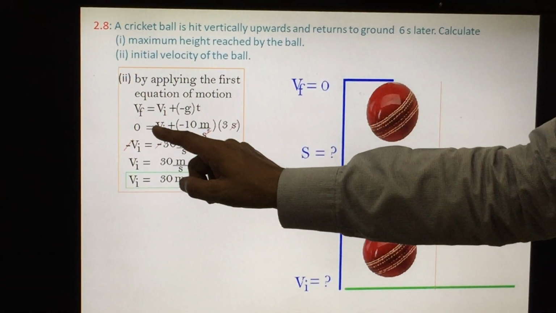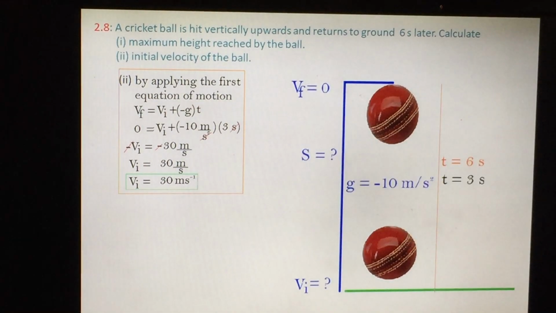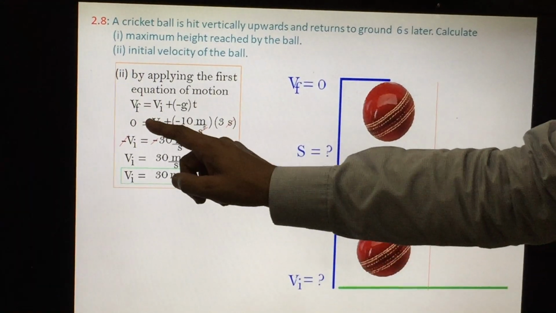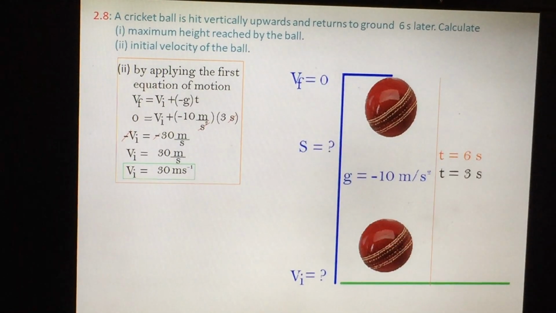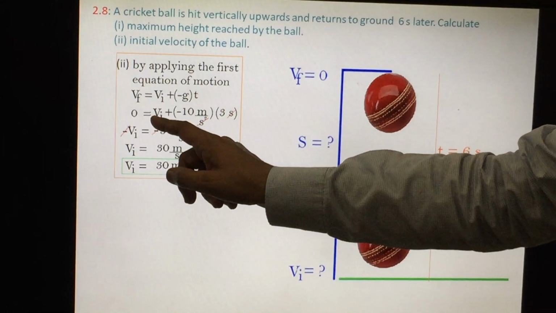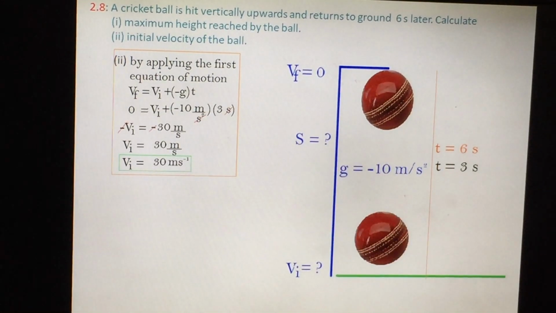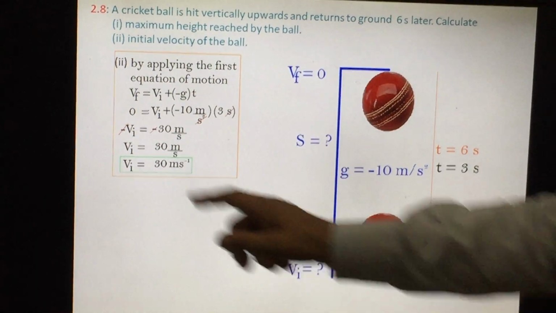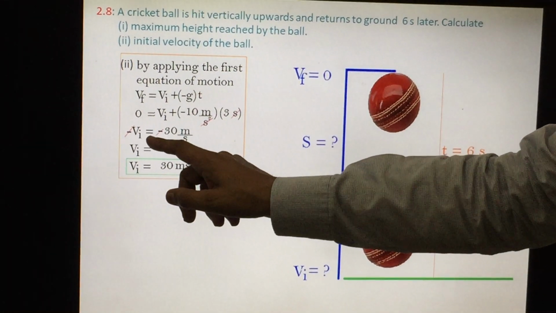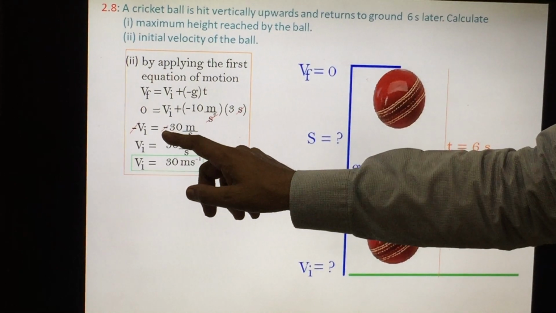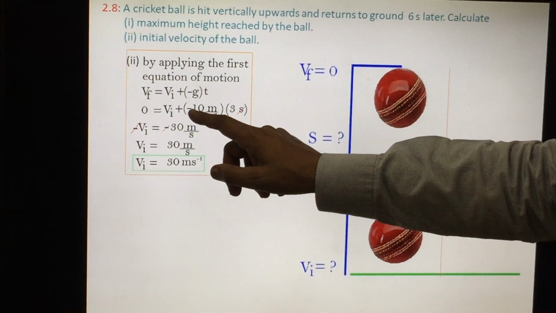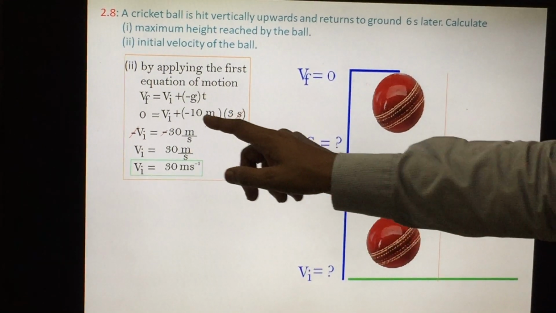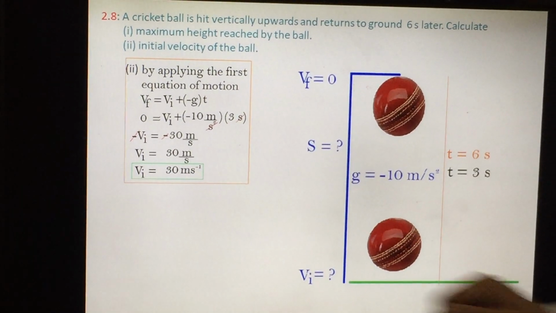This Vi has a positive sign. The positive sign is not written, but it is understood that if there is no sign, it is positive. When this Vi goes to the left side of the equal sign, it goes with the inverse operation and becomes negative. So negative Vi is equal to, this minus coming from there, plus multiplied with minus, plus minus minus, right? And 3 multiplied with 10, you will get 30.